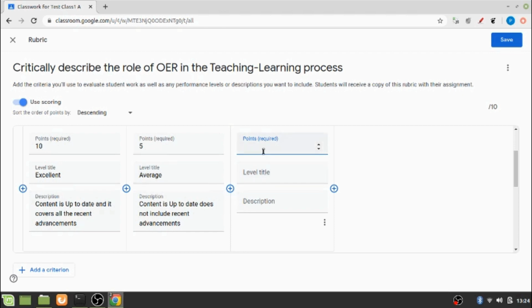So my third level will be for, say, 2 marks, and the level title will be, say, poor.